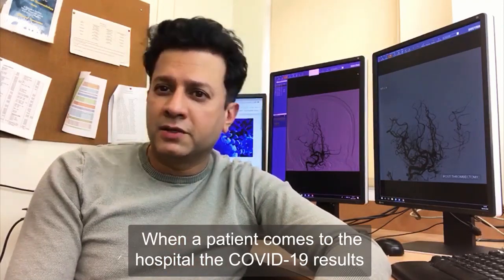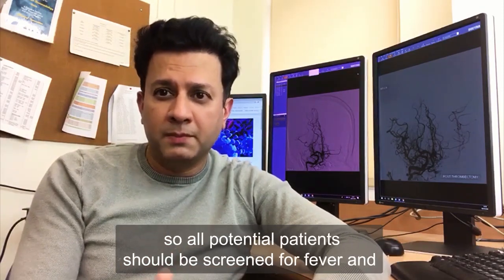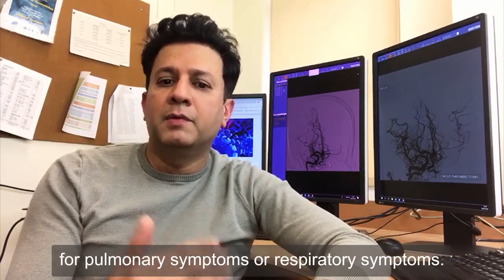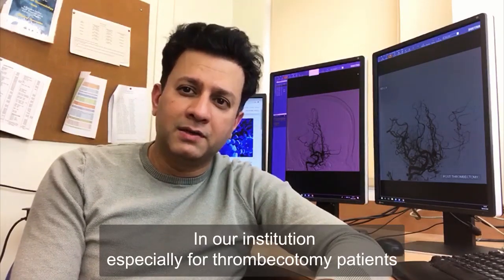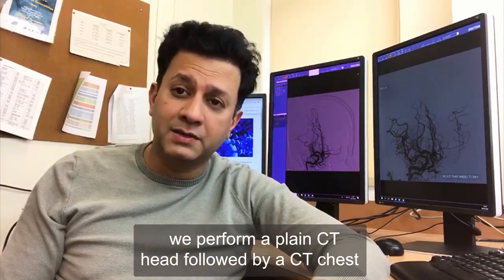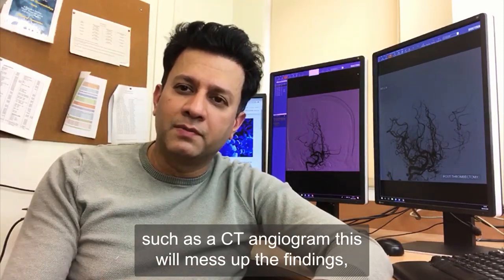When a patient comes to the hospital, the COVID-19 results will not be available, especially in a setting of acute stroke. So all potential patients should be screened for fever and for pulmonary or respiratory symptoms. In our institution, especially for thrombectomy patients, we perform a plain CT head followed by a CT chest in all these patients first, because if you do a contrast exam such as a CT angiogram, this will